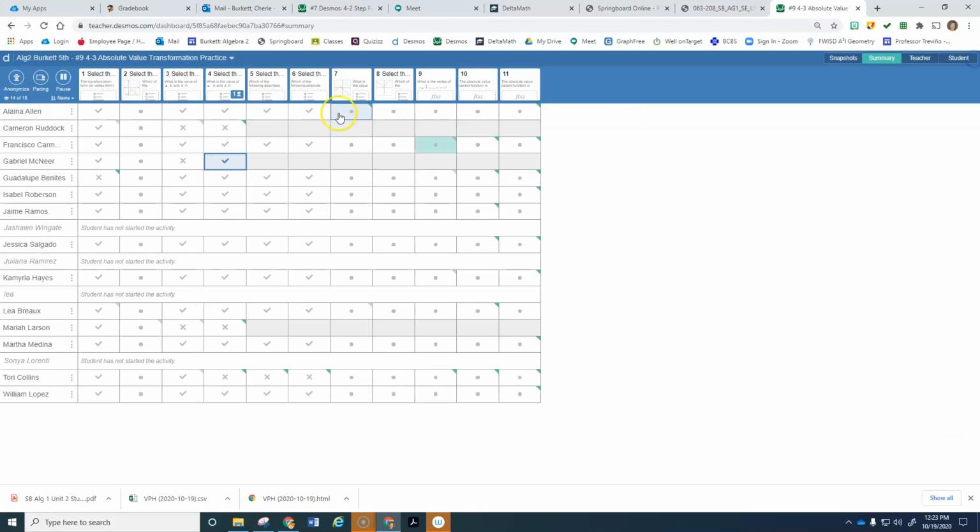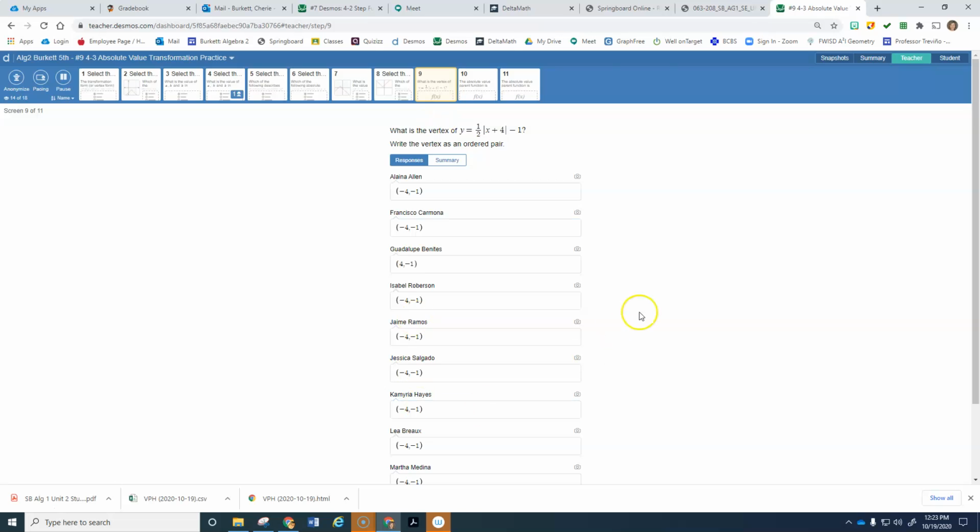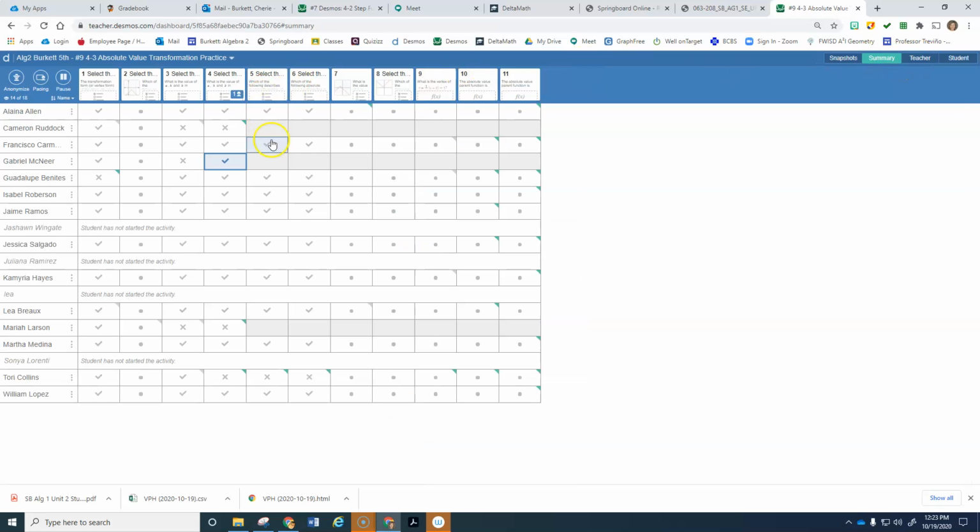Now you can see what everybody did all at once, so you can quickly see who got it right and who got it wrong. But if you want to be able to show on the summary page and they be able to see, because if you're sharing your screen, this is what they're going to see. So if you're sharing your screen and all they see is a dot, they won't know whether they got that right or wrong unless you have a conversation with them about it, or unless you leave them feedback, which I'll talk about later. So that's one of the reasons why